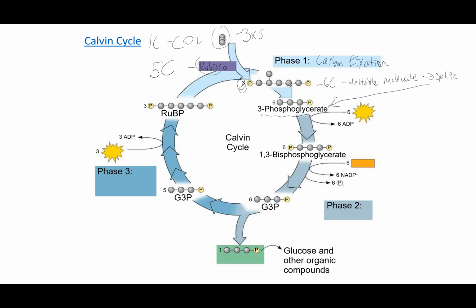Again, I'm not concerned with you memorizing the names of all these molecules. We're not even talking about the names of all the molecules, but understanding the basic idea: we're taking a 1 carbon, we're putting it with a 5 carbon, we're splitting it into a 3 carbon. So we split into this 3 carbon molecule. Did I talk? Rubisco, sorry, I didn't tell you this. It's called, we abbreviate it as RUBP. Sorry, no, that's the enzyme